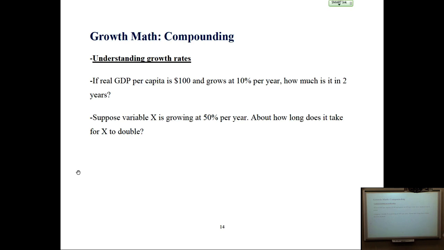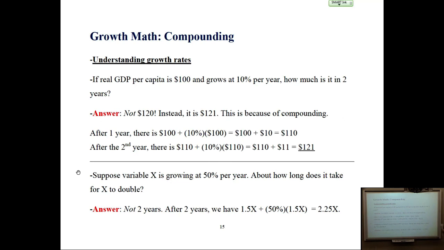So the trap is saying $120, so hopefully you did not answer that. So how you think that would be, 10% of 100 is 10. So we get $10 more per year. $10 more per year times 2 years is $20, so it goes to 120. That's actually wrong. Here's how you want to